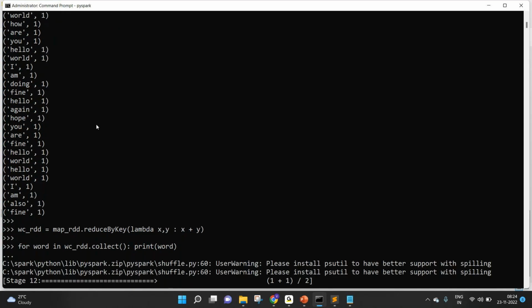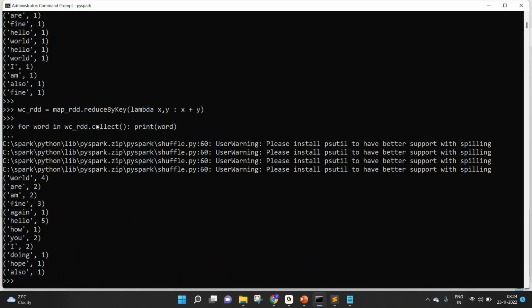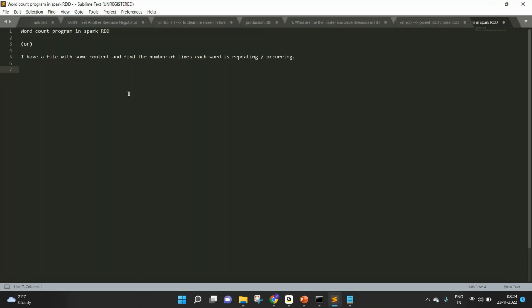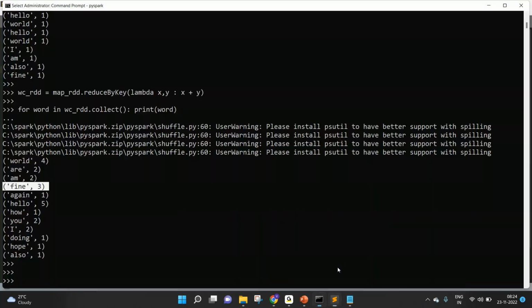You might see these warnings, ignore these warnings for now, but have a look at the output. I can see that hello is repeating 5 times, world is repeating 4 times, fine is repeating 3 times, and so on. And that is what is expected, right? So in the interviews, they may ask you direct questions such as write the word count program in Spark, or they may ask you an indirect question saying, I have a file with some content, find out the number of times each and every word is repeating or occurring. So this is how you're going to solve it,